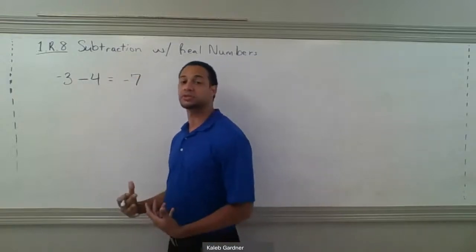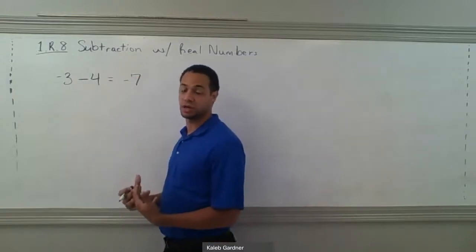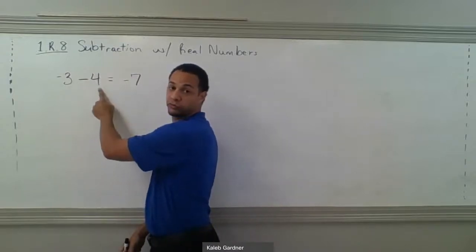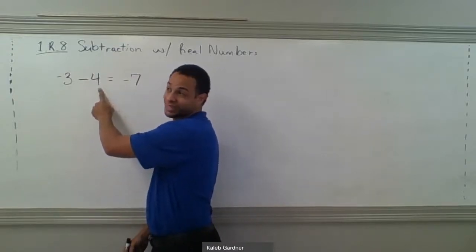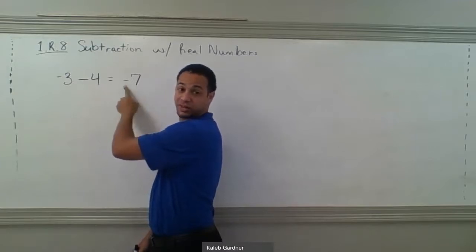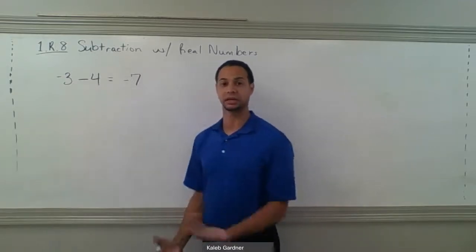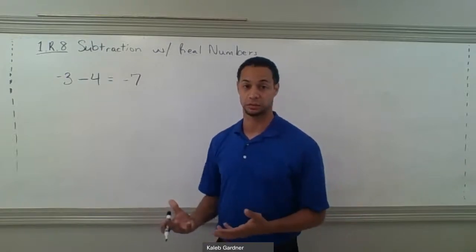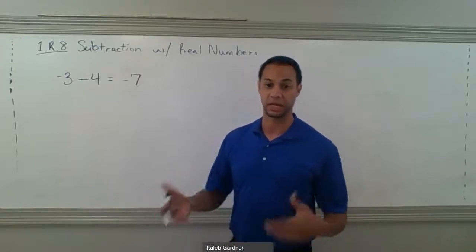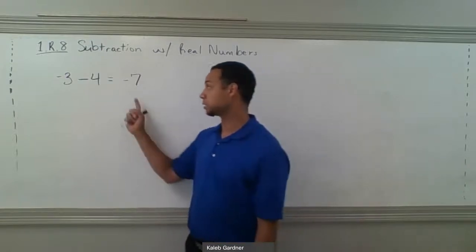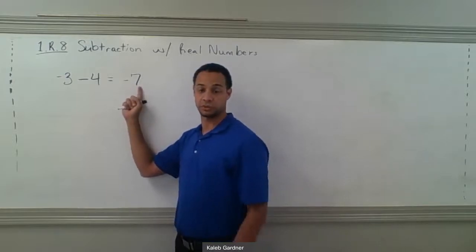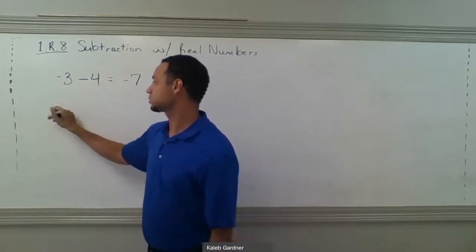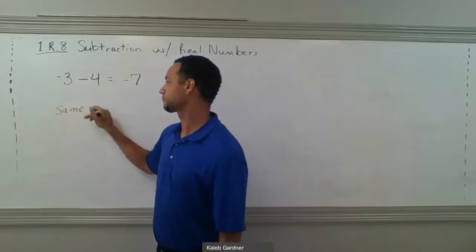Another way I like to think about this is imagine for a moment that you owe $3 and you borrow 4 more. In that case, I'm going to be in the hole $7 now. I'm not going to lose my debt by borrowing more money. I'm going to gain more debt. So my number became further away from zero, further negative. All right, so again, same sign. So here's my note, same sign,